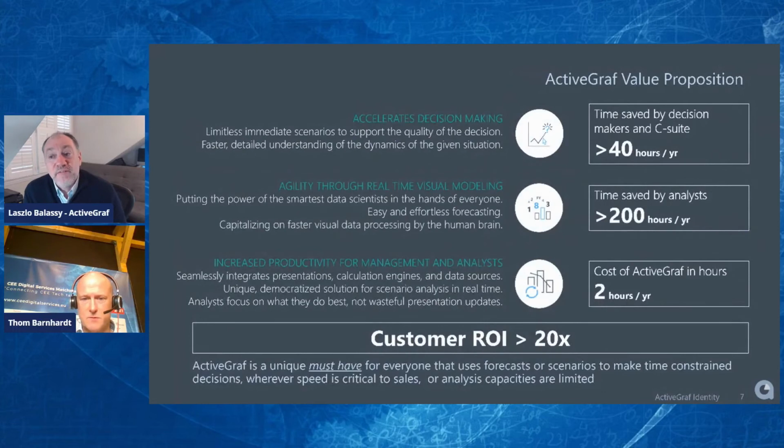ActiveGraf solves this problem. Just a few more things here. Our value proposition: we accelerate decision making. We have real-time visual modeling, and what it does is it really allows everybody to do what they're best in. Decision makers make decisions based on the best data and analysis, and the analysts and data scientists can spend time doing